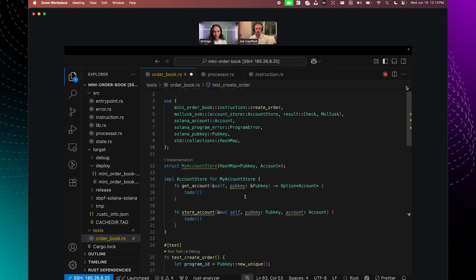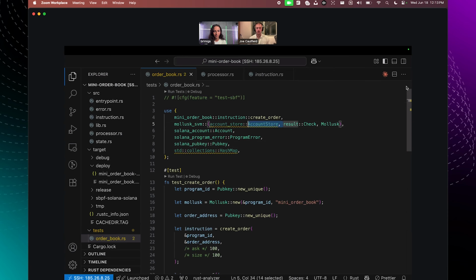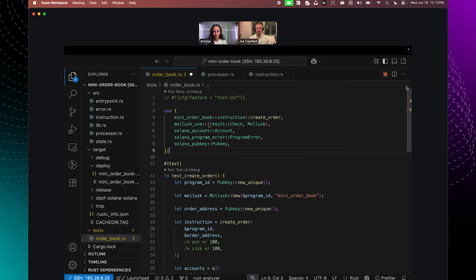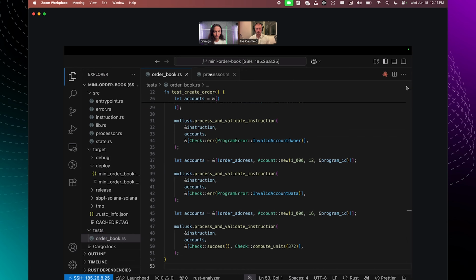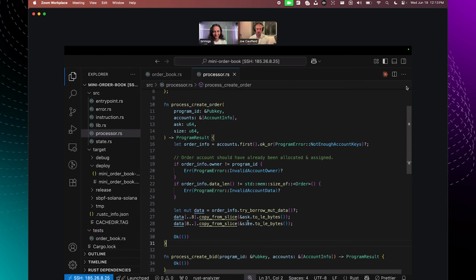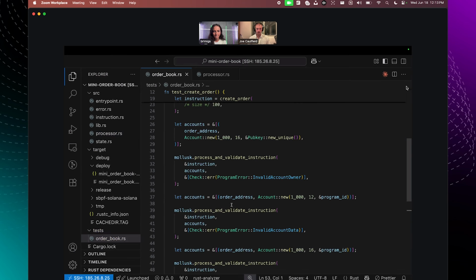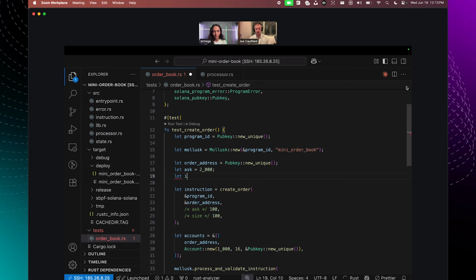And I don't need any of this stuff anymore because I already showed you that we can use that, but we don't need to use it right now. Now that we know compute units went up a little bit, we also want to make sure that our program did what we were expecting with the account state update. Again, this is stupid, unsafe, but it'll work. Basically we want to make sure that these fields made it in. So I'll take these as variables and say I want the ask price to be, let's say, 2,000 lamports. I want the size to be